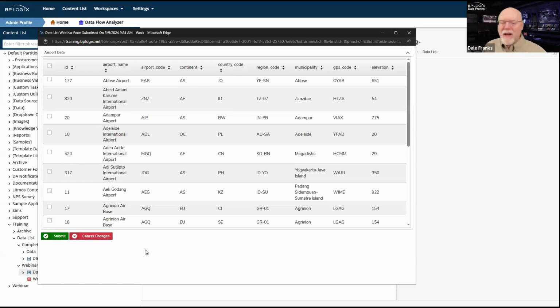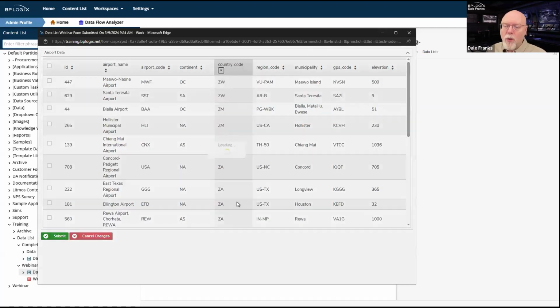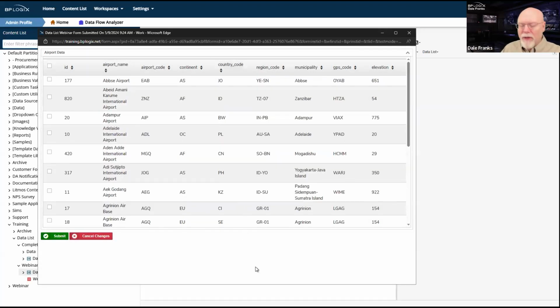So at the end of the day, even though I do have independent sorting available to me inside the data list control, I still have the default sort order in which the records were first sorted when the business value was invoked. And that sort order ultimately will be the sort order that governs how the data is sorted in the business value. Now, there are several other things that we can do.